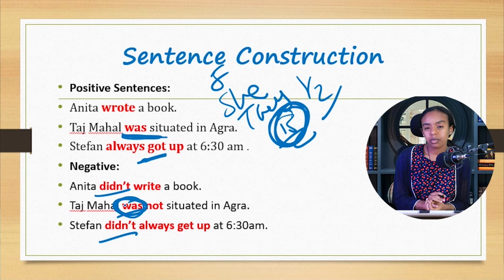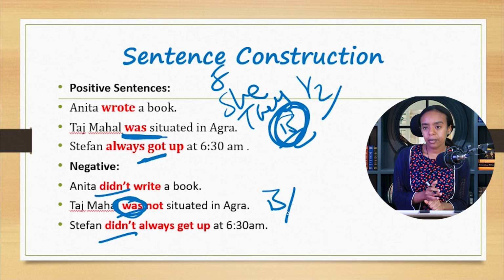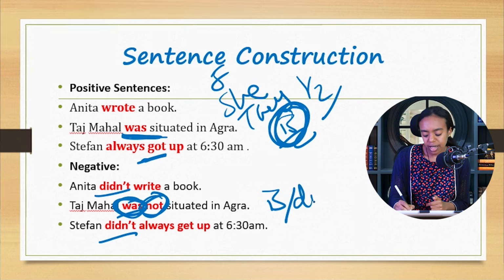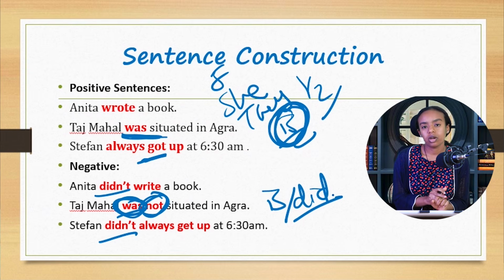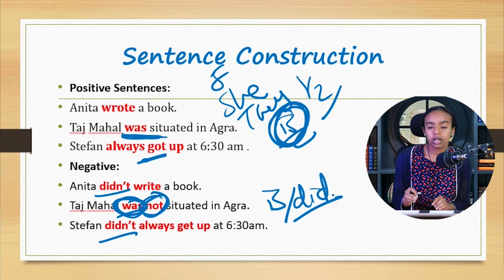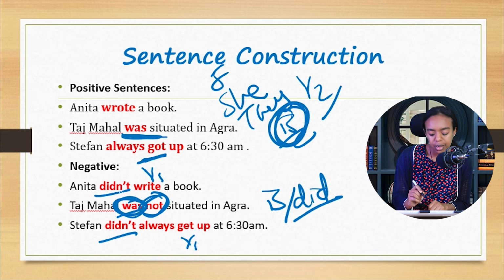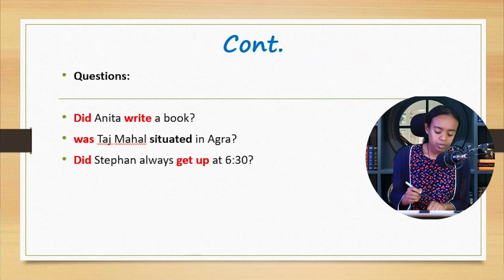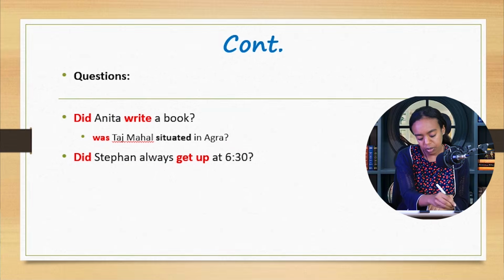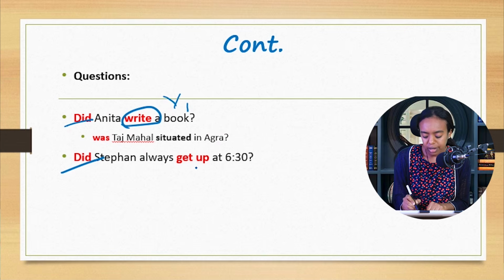ይሄ ዝም ይላችሁ ከሆነ ሲምፕል ፕሬዘንት ላይም is ቨርብም ነበረ ግን እንደ ሄልፒንግ ቨርብም ነው የሚል ቃል ነው የሚነግረን። ወዝም ነበር ነው የሚነግረን ግን ደግሞ ሄልፒንግ ቨርብም ነው። ስለዚህ ኖትን ብቻ መጨመር እንችላለን። ዲድ እዚህ ጋር አያስፈልግም ማለት ነው። It's a helping verb but it's also an action verb ሁለቱም መሆን ሆኖ ስለሚጠቅመን ኔጌቲቭ ስናደርገው ጥያቄም ስንጠይቅ ሲምፕል ፕሬዘንት ላይ does እንዳልተጠቀም ነው እዚህም ላይ ደግሞ did አንጠቀምም ማለት ነው። We can use it as a helping verb by adding not. ሁለቱ ግን did not ተጠቅመናል ልዩነቱ ግን ምንድነው verb 1 የተጠቀምነው እዚህ ጋር Anita didn't write a book, Stefan didn't always get up at 6:30. Verb 1, make sure you use this. ጥያቄ ሲሆኑ same thing, helping verb ከፊት ይመጣል and then verb 1 ይቀጥላል። እዚህ ጋር ግን as you can see